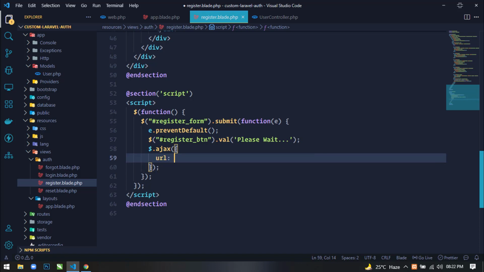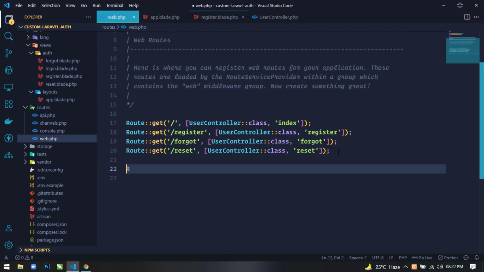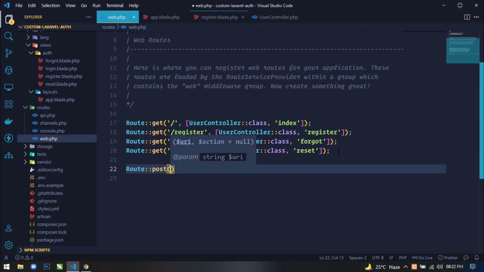Now next I will use the Ajax method to send the Ajax request. In the URL we have to specify the route where we will send this Ajax request. I have not created the route yet, so go to the web.php file and create a new route. This time I will use the post method because we are sending data to the server.